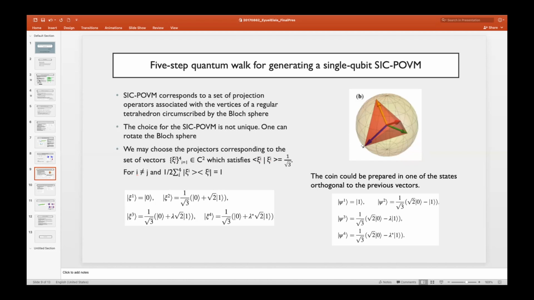These are not unique, because if you rotate them you can find other SIC POVM elements. If you choose these SIC POVMs to be this one, satisfying this condition, and you prepare a coin state orthogonal to these SIC POVM elements, then